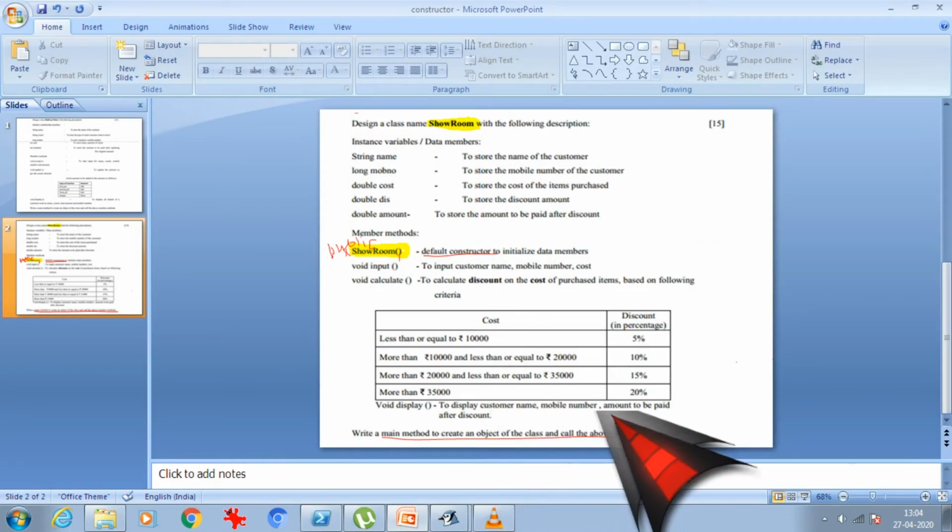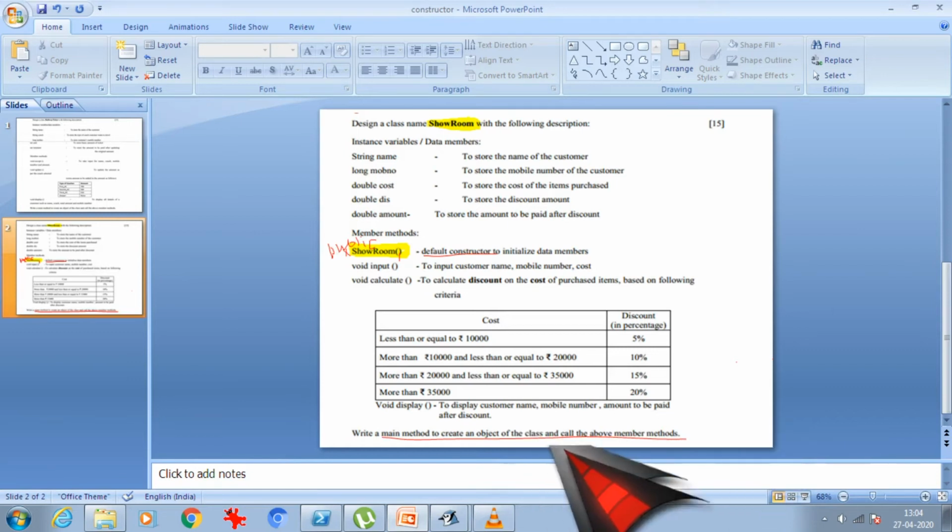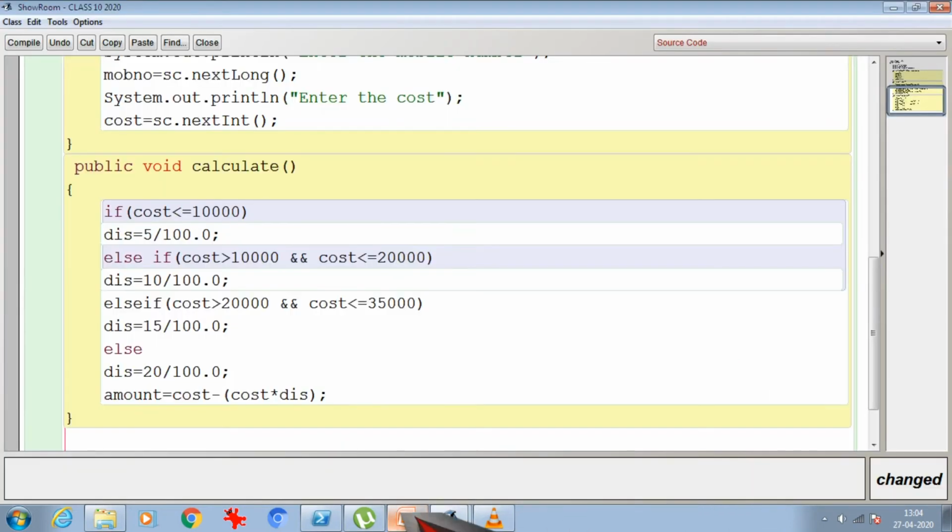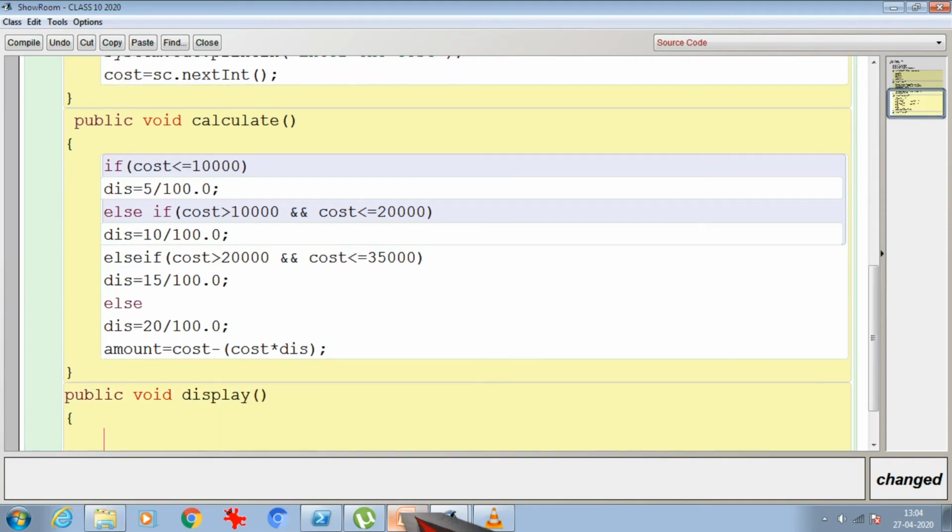Now let's see. Void display, to display the customer name, mobile number, and amount to be paid after the discount. So public void display, and by opening the display we are going to write the same as in the header format, System.out.println.